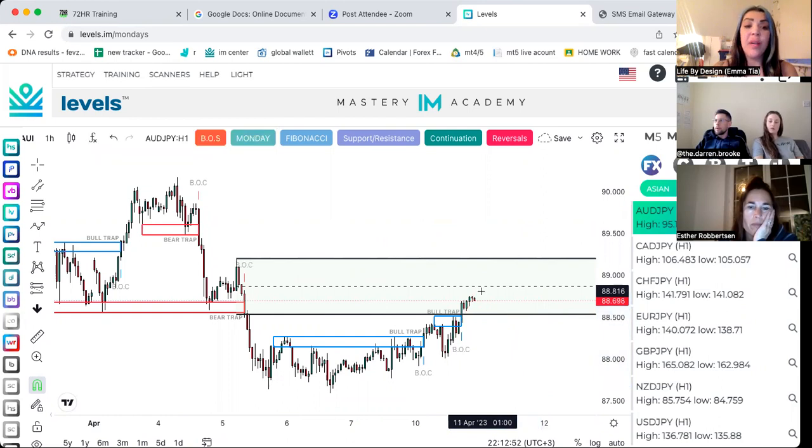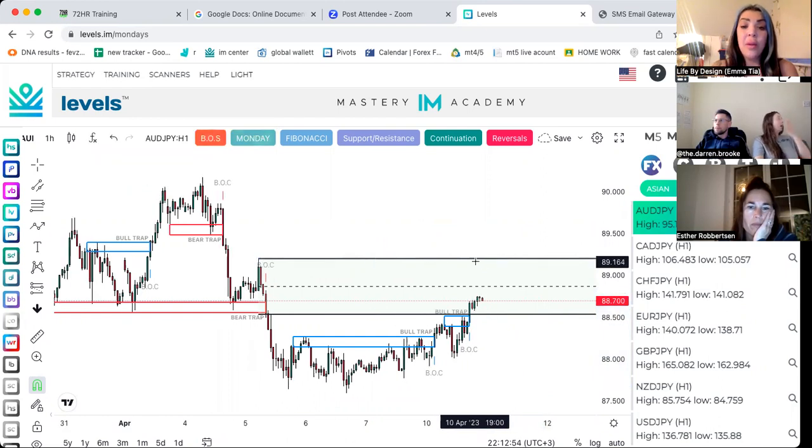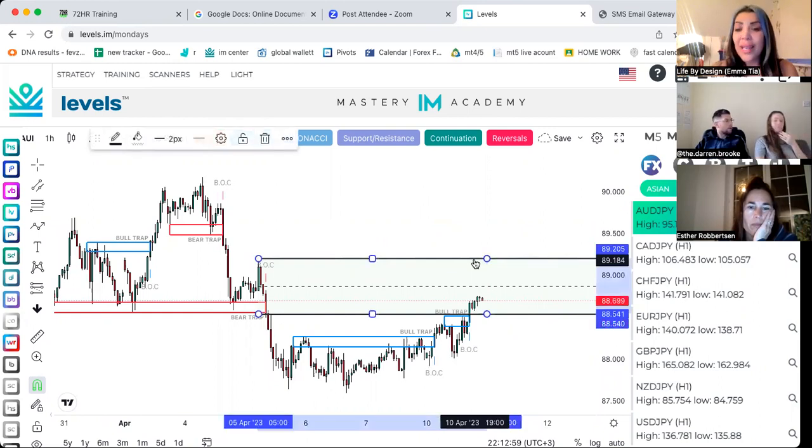So we're going to carry on and look at some more right now. Now, the reason I don't trade continuations, I like to look at them to see what the market's doing. You can trade them perfectly. The only reason I don't is because it's more confirmed if it goes past the starting point, it's more confirmed that it's going to be a reversal. If you go for continuations and you decide that you want to take them, that's cool, but it might go past your